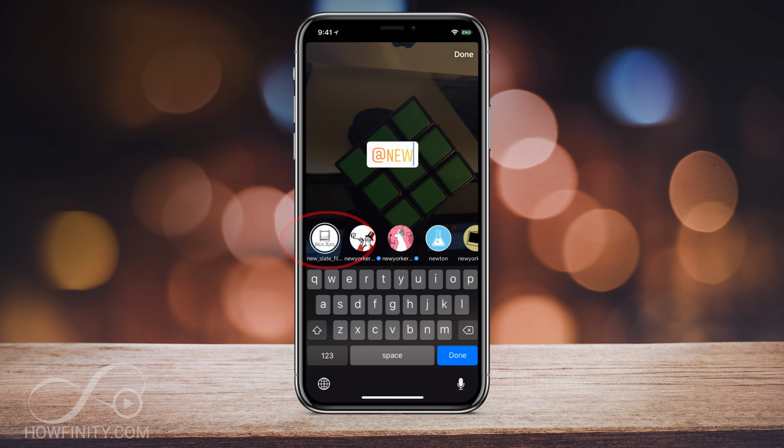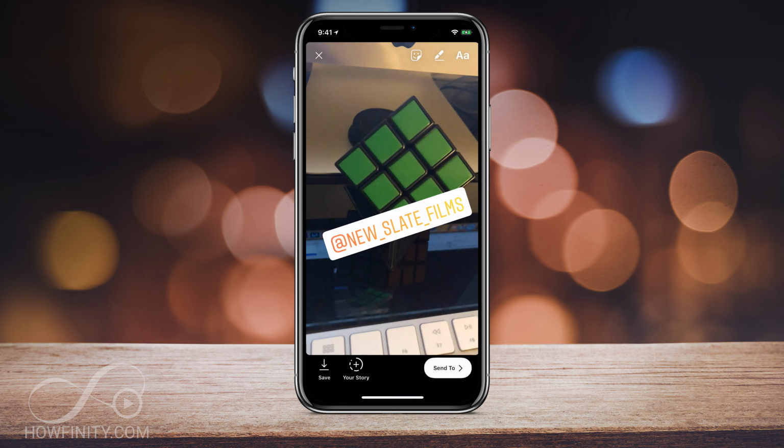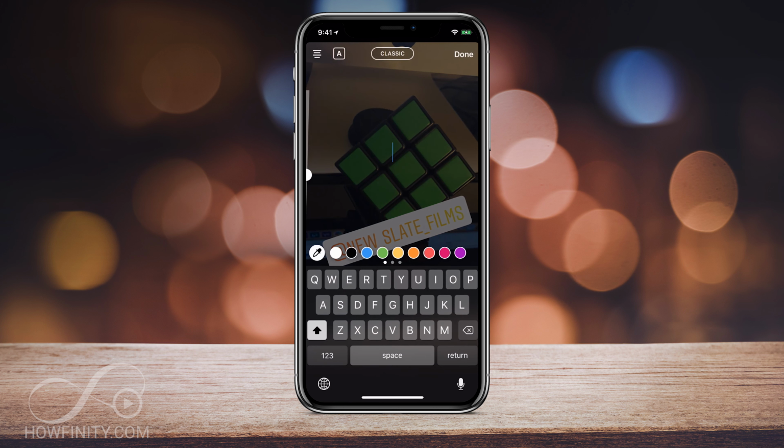So I'm choosing this one here, or you could type it out and you could go ahead and place this anywhere you want. And if you don't see the @mention sticker, I'm sure you'll have an update soon on your phone and you'll get it. But another thing you could do is just create a text file. So I'm pressing AA. I'm gonna put the @mention, I'm gonna type @ and then I'm gonna type in that